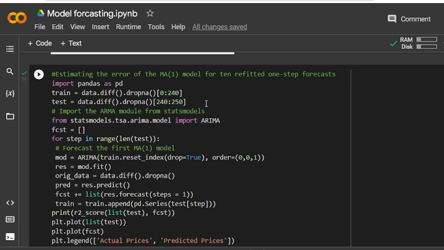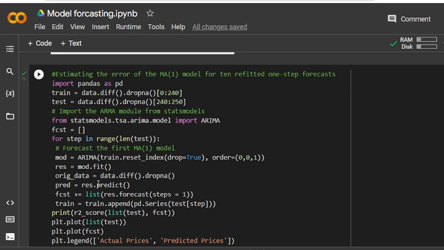Import the ARIMA model from statsmodels. I have already discussed this model, and I am using here a forecast for steps in range of the length of the test. Forecast the first MA model: ARIMA on train with reset_index drop equal to true, order 0,0,1, and the residuals model dot fit.